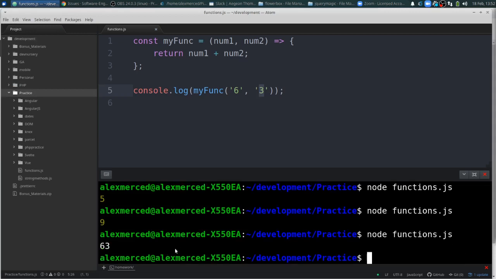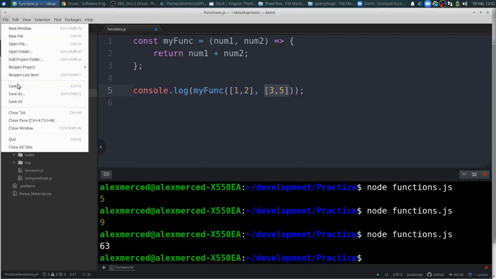Okay, 63. I could pass an array. So I'll pass an array as the first value, an array of 1 and 2. I'll pass an array of 3 and 4 as the second value. See, the array is treated as one value. Okay, and then if we add those together,